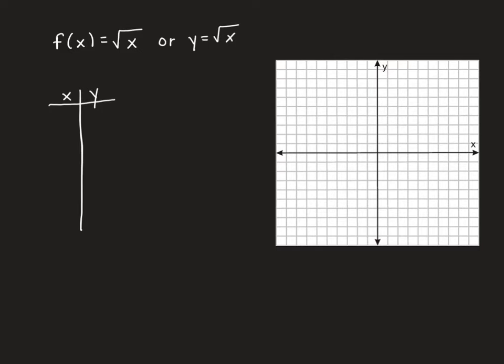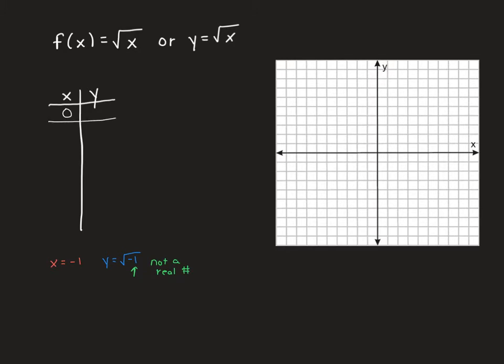So let's say we chose the x value of -1, and we plugged it into the function. That would give us y equals the square root of -1. Well, like we talked about before, we can't take the square root of -1 and get a real number. So we would say this is not a real number, and if something isn't real, it means we can't plot it on the coordinate plane. So we can't choose any negative x values here, which means the first x value we would be able to